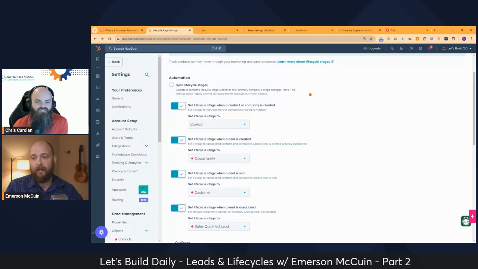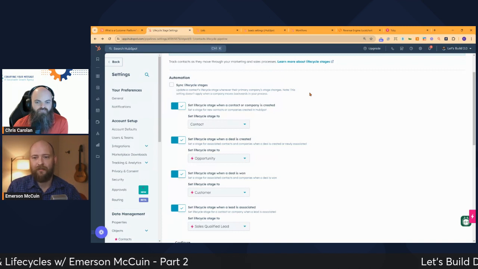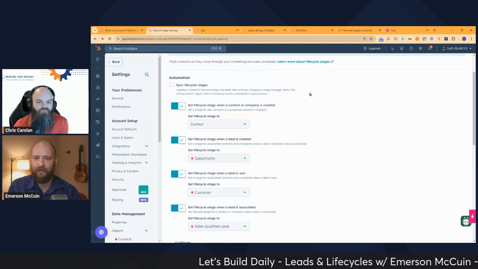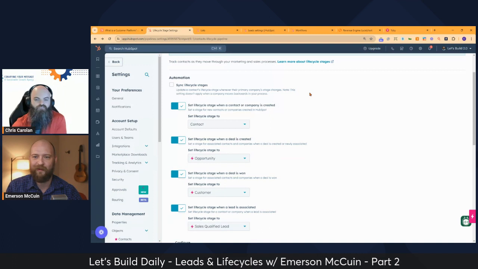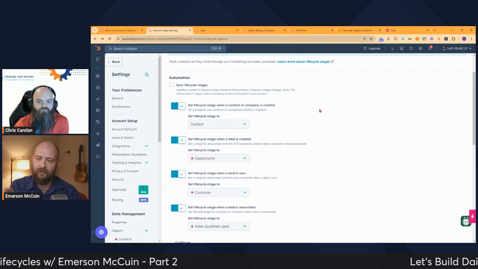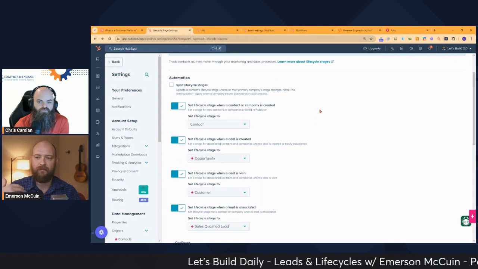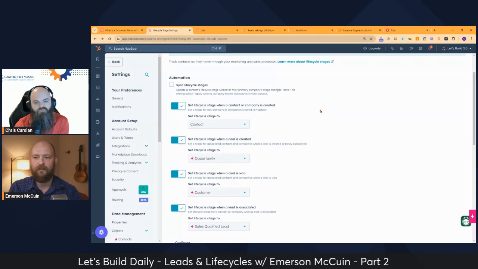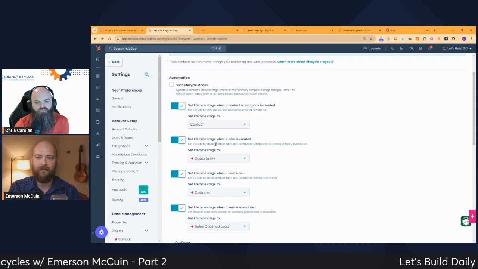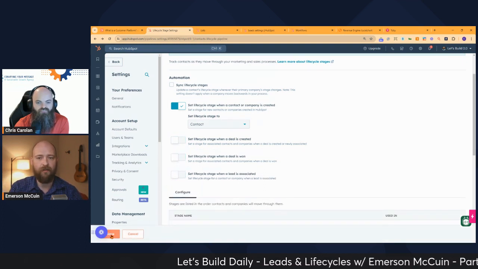Yeah. So first of all, I like to have everything in one place. If I were to leave any of these on, but I have workflows also managing other life cycle stages, it can get confusing. You don't know where to look for things. If I were to ever leave and somebody were to take over this stuff, I want them to be able to go to one place. I look at the second one, set life cycle stage when a deal is created. For me that isn't the opportunity stage. Now I could set it to SQL or something else. For me though, I turn these all off and I like to have workflows manage all of my life cycle stages. That way I can make sure it's really custom and I have control over everything.